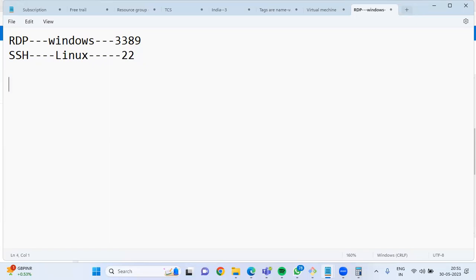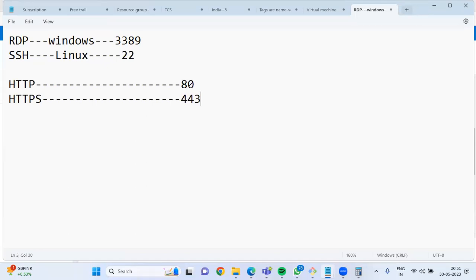Okay, HTTP, Hypertext Transfer Protocol. What is the port number for HTTP? 80. HTTPS, 443. These are the interview questions and basic port numbers which are frequently asked in real time. If any application is running on the HTTP protocol, blindly we can say 80, HTTPS are